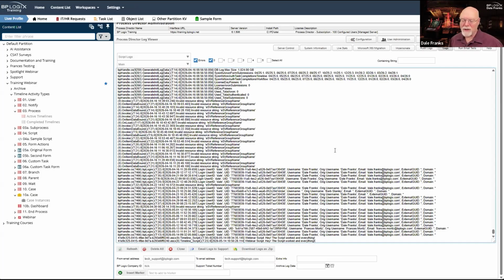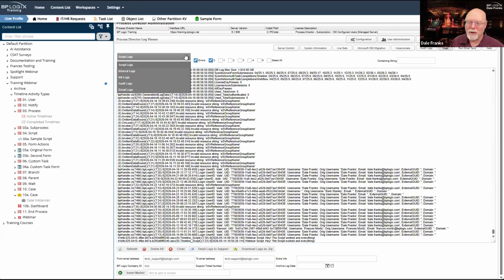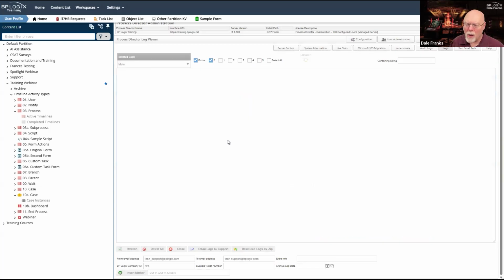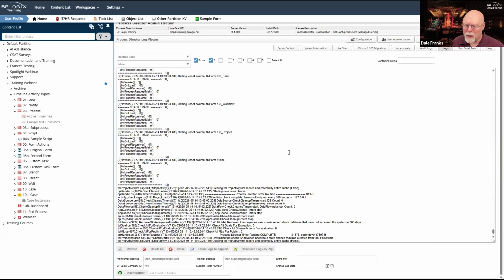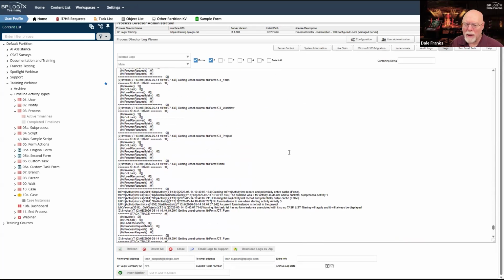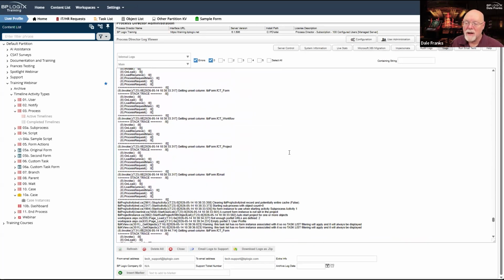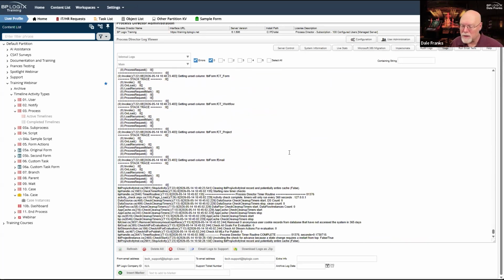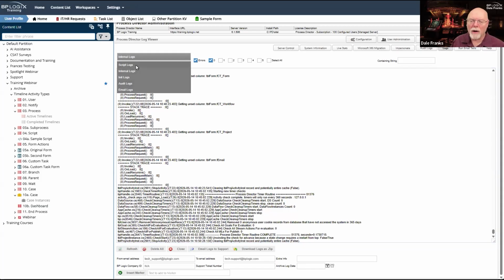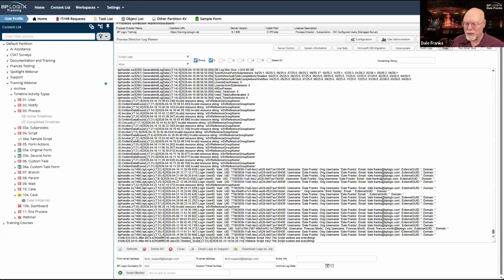Be sure that you look at script logs for this stuff. If you're producing output in your log files, you're going to want to run your script logs. I don't remember whether it shows up in the internal log, but I don't think it does. I think it only shows up in the script log. I did want to check and be sure, but yeah, I think it's just going to be the script log that you'll need to look into to see any returns that you have.